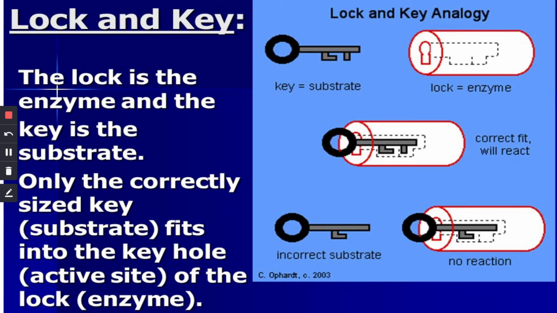An enzyme and substrate will then temporarily form an enzyme substrate complex. When this enzyme substrate complex is formed, the activation energy of the reaction, that is the reaction which the substrate is going to perform, gets lowered. So the amount of energy that the substrates need to start the reaction, that demand reduces. Therefore the substrate can quickly begin the reaction, and if it involves making or breaking of bonds, that will happen quickly and the product will be released.